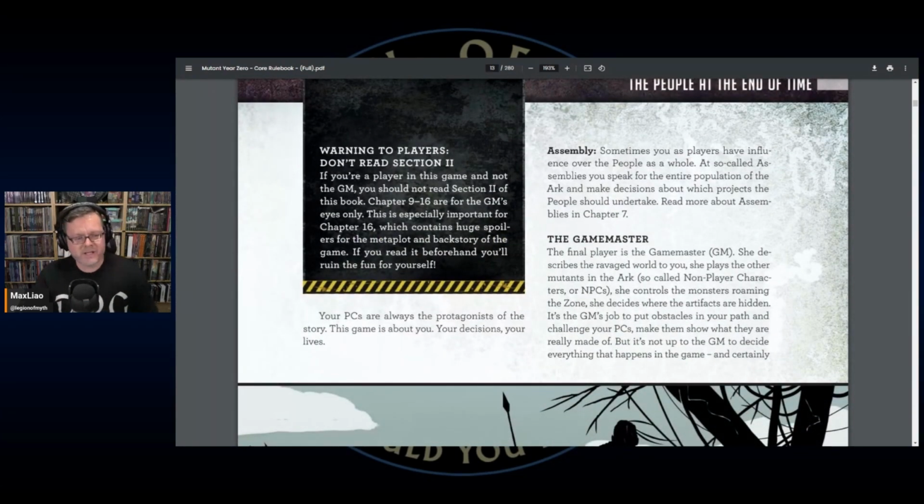Sometimes, so assembly, actually, I want to read this. Sometimes you as players have influence over the people as a whole. So the people are the characters of the Ark. The NPCs and the PCs, non-player characters and the player characters of the Ark, are the people, okay? At so-called assemblies,